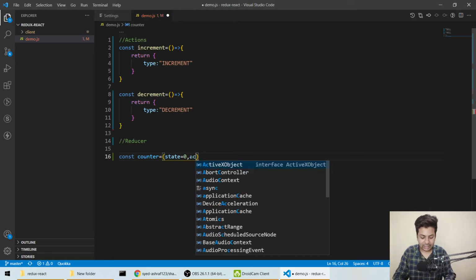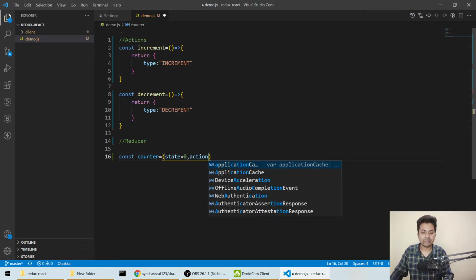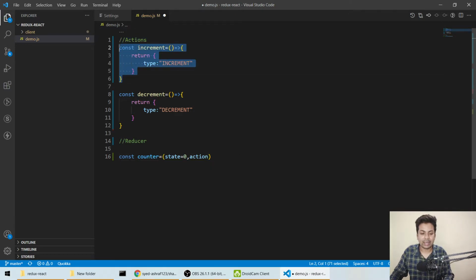After that I take action. Action is what I have told you. If we call the action increment, here increment will come. If I call decrement, here decrement will come. So this is my action. Now I make a function of it. I'll make an if. We normally use switch case, but I'm using if because it will be really easy for you.